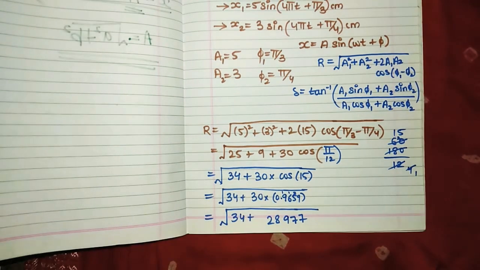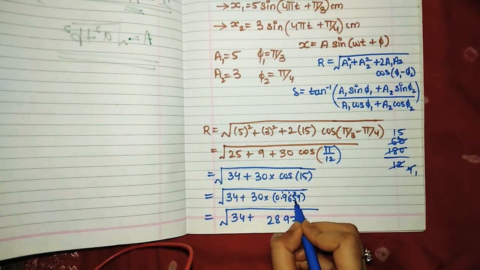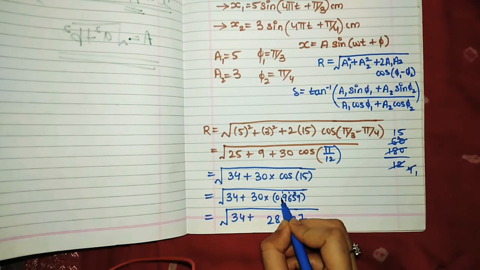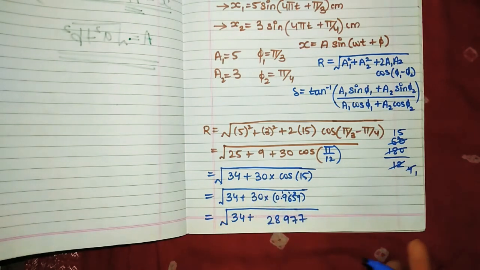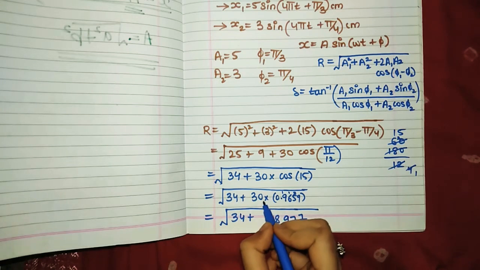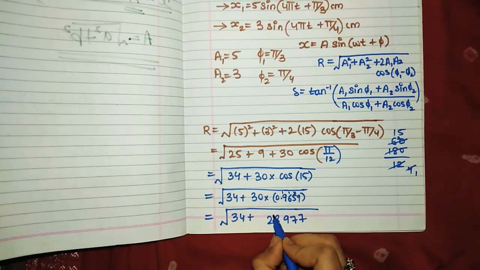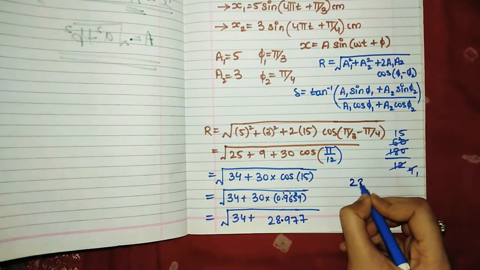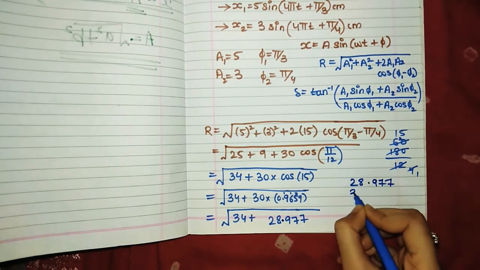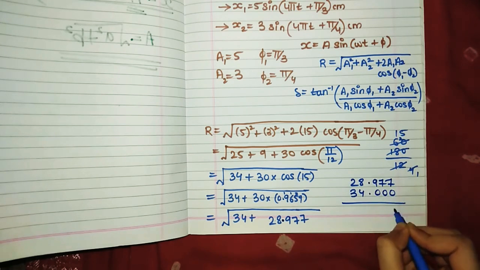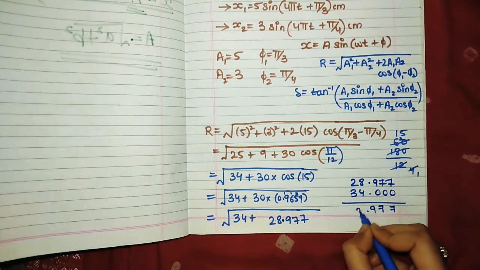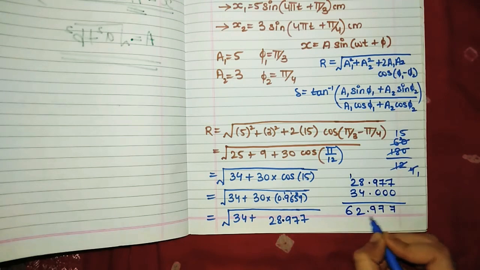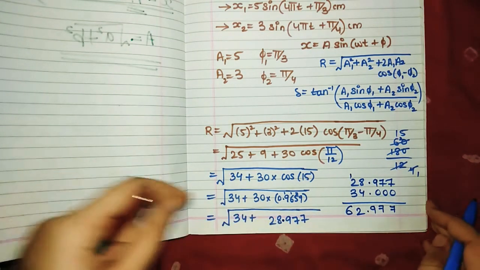Okay, now we have 1 2 3 4 and then point. After point we have 4 digits, so according to that, point should be at this place, but we have 0 over here, so point will shift to the next digit, that will be 28.977. We'll be just adding these numbers, that is 28.977 plus 34.00, add, 8 plus 4 12, 3 4 5 6, it is 62.977 under root.